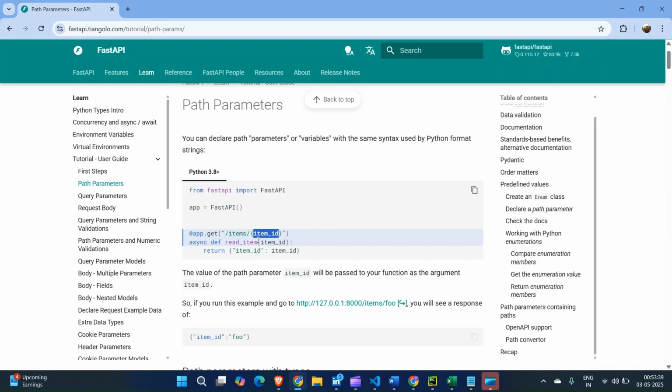What they're taking is one endpoint, or route. There are many items, and in that item they are taking the ID. Let's say you are ordering something on Flipkart or Amazon. There are multiple items, so you have to know the ID. Maybe from the user's perspective this is not the case, but let's say you joined